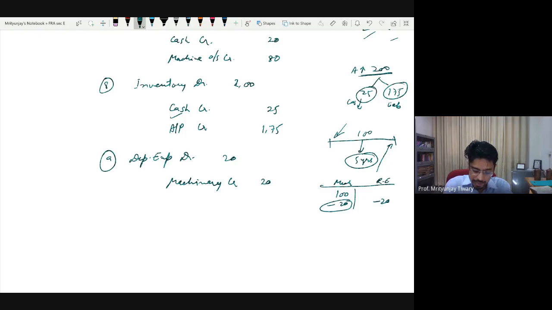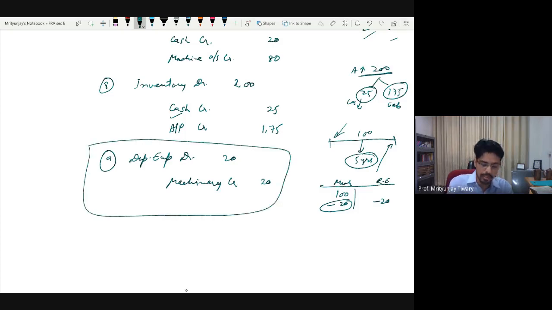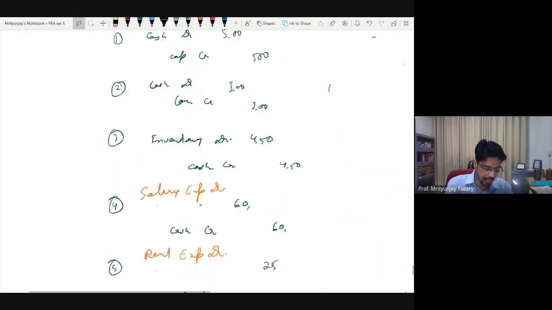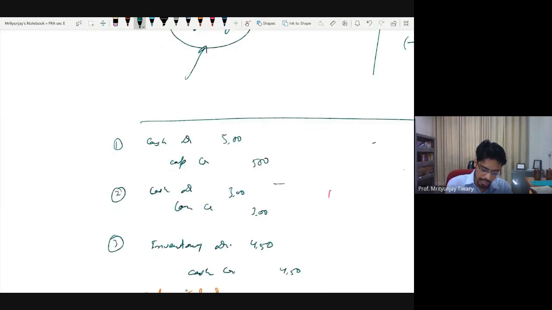Okay. Let me give one more piece of information. So everybody understood why we did this journal entry? We simply did it because the accounting period was over. Let's give you one more piece of information. Let's say the loan you had taken was at the beginning of the year, and the loan carried an interest at the rate of 6% per annum. That's all. The only information was that on the day you had taken this loan, it was mentioned that this loan is at an interest of 6%.